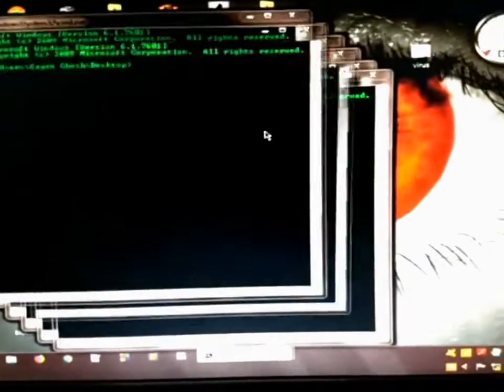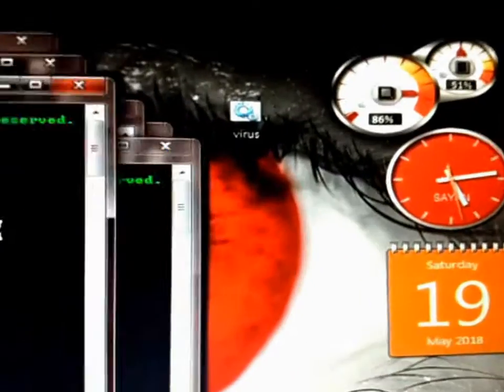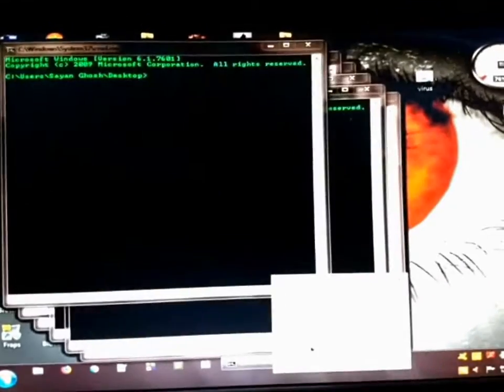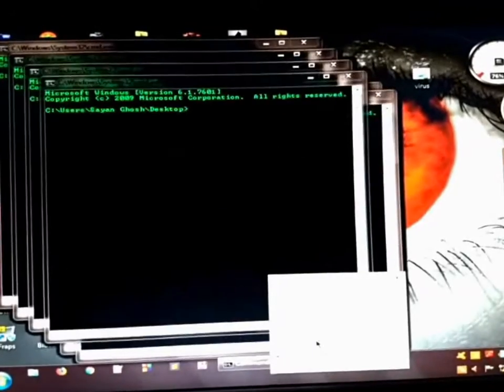is opening infinitely and it won't stop. You can stop it anyway. Let's just try opening Task Manager, maybe that will help. Let's see. Task Manager,